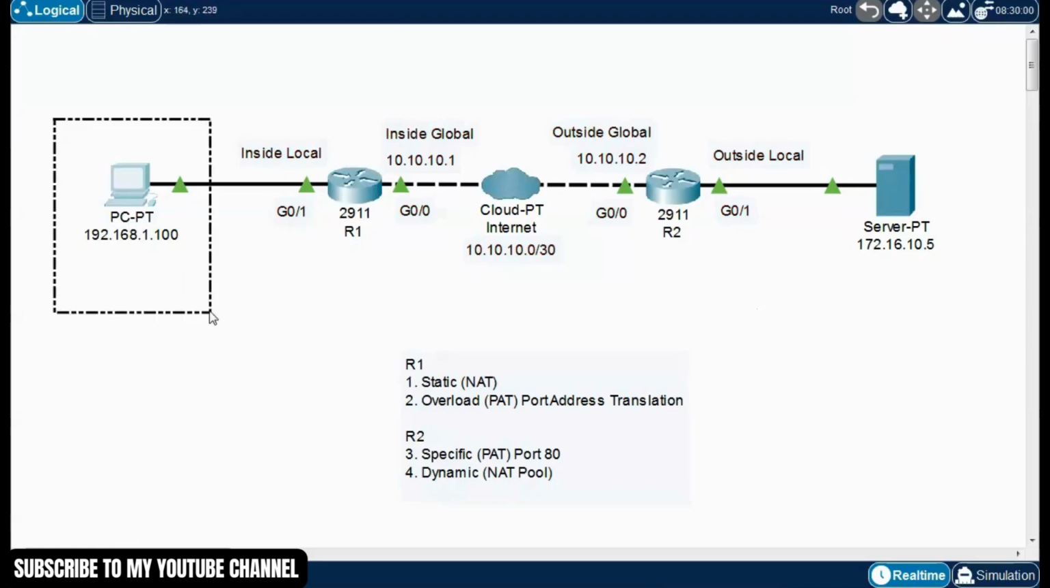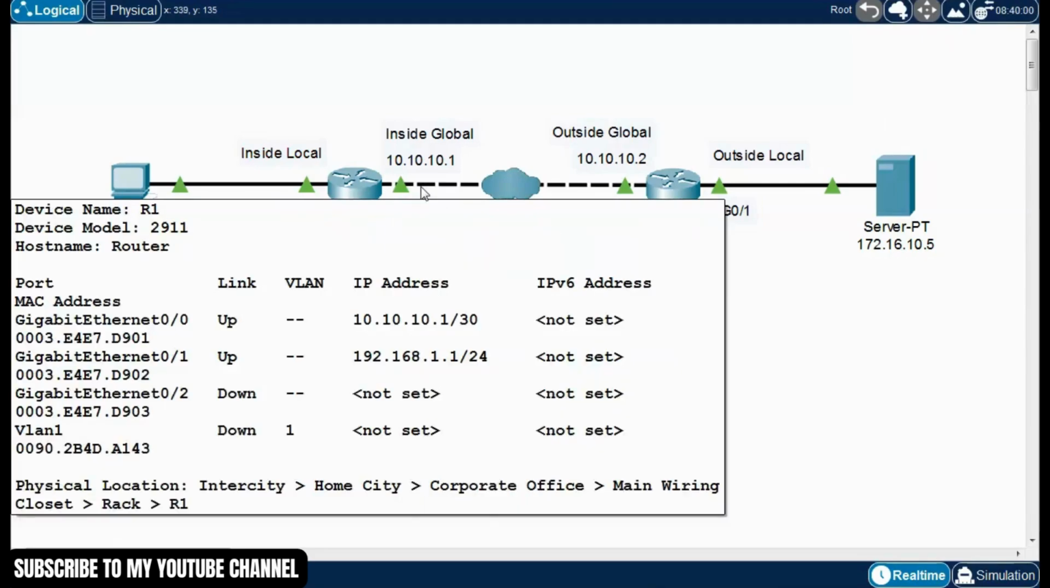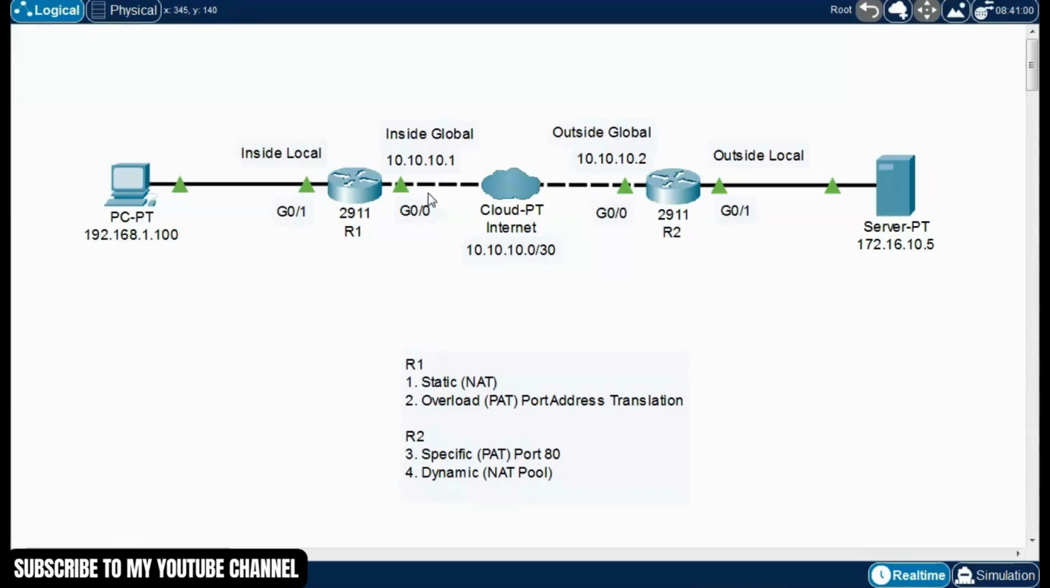Let's say this computer wants to communicate with this server over here. This is the private IP address, 192.168.1.100, and private IP addresses reside on a local area network. So if it wants to communicate with this server, it will enter this R1, okay? And then once it goes out, the private IP address will be converted into a public IP address,